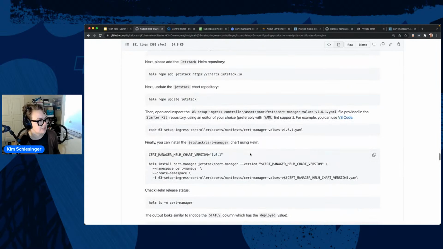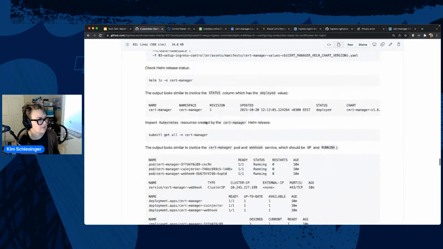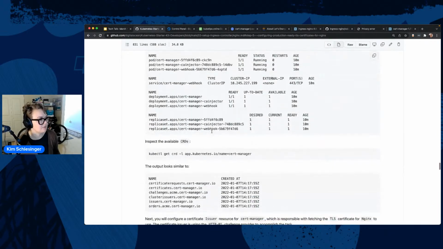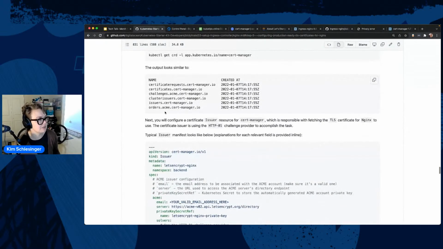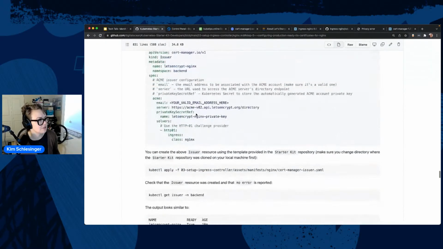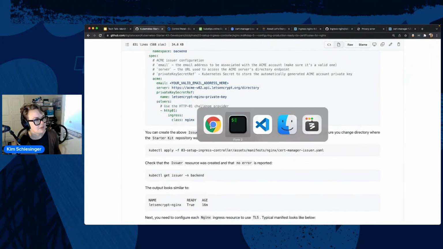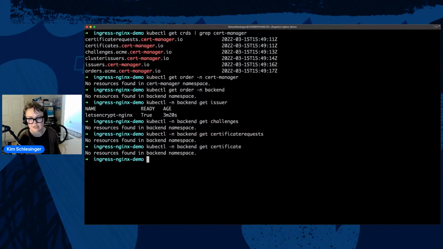Cert-manager values, I think I did pass that in. And then I've got cert-manager. Okay, we've got all that stuff from cert-manager. We looked at the custom resource definitions. Did I apply the issuer? Did I change the ingress? That's a good question. Oh, I don't think I have done that yet. First of all, let me just make sure I have an issuer.